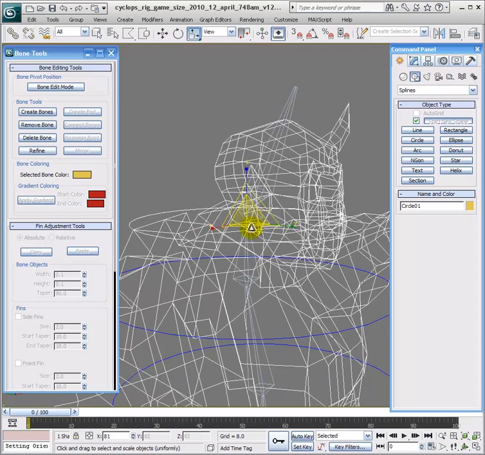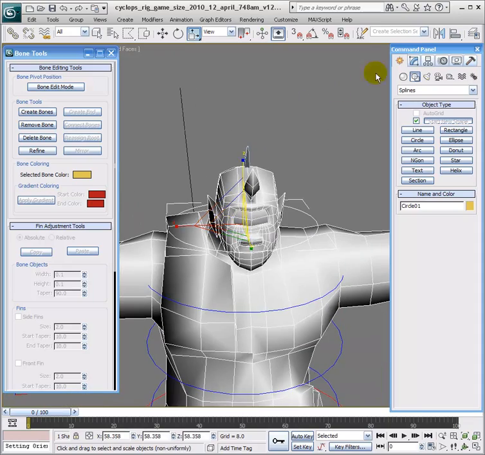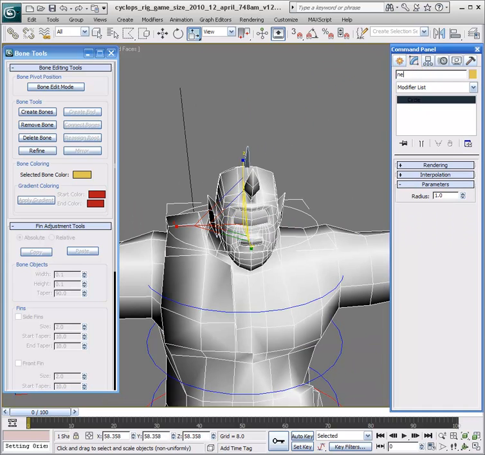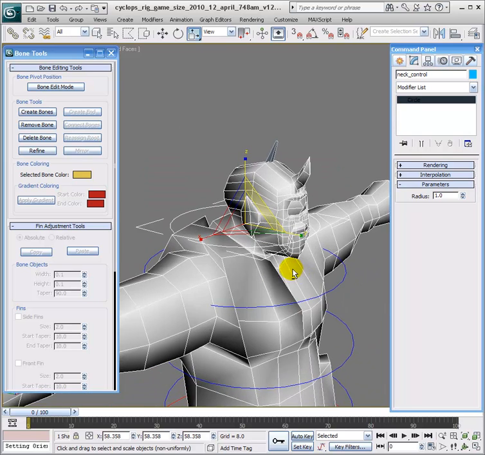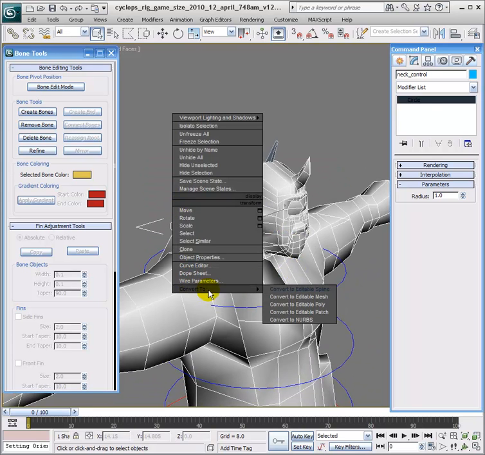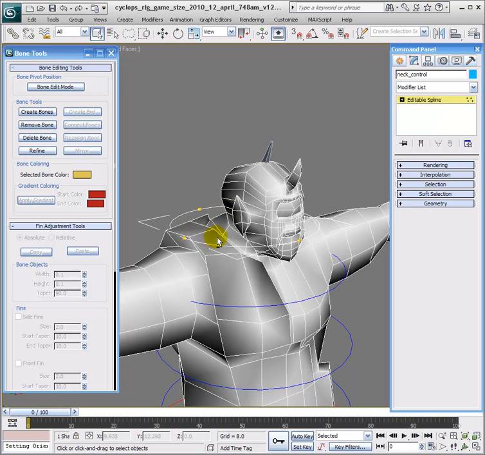And I'm going to just go ahead and scale it down just a touch more. What I'm going to do now is I want to give this a name. It's neck control. Okay, and let's give it a color, maybe similar to that hip color. Okay, and then let's go to convert to editable spline, vertex, and I think I'm going to actually